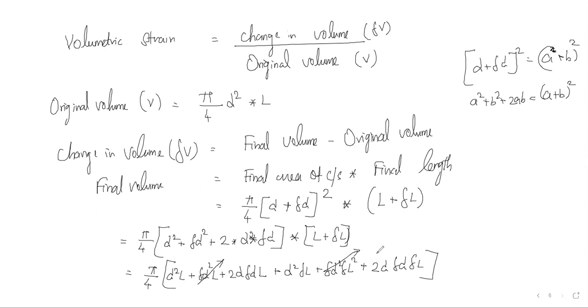This also I'm going to remove, and this one also I'm going to remove. Okay. Now the remaining terminologies. Since when comparing with L, comma D, the del L and del D values are very less. That's why we are going to remove that. Okay, so if I remove those things, finally I can get